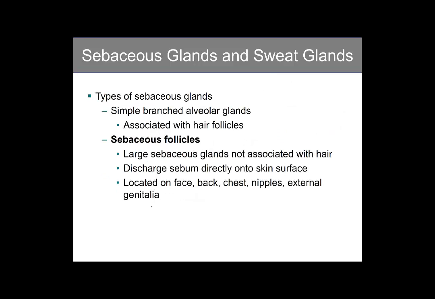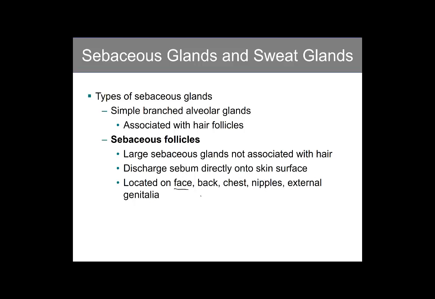In terms of sebaceous glands, we have simple branched alveolar glands that are associated directly with the hair follicles. We'll see a picture of that in a minute. And we're also going to have sebaceous follicles. These are large sebaceous glands that aren't associated with hair, but secrete or discharge sebum directly onto the surface of the skin. We have a lot of sebaceous follicles on our face, the back, the chest, the nipples, as well